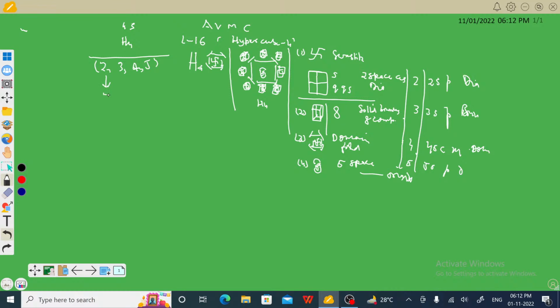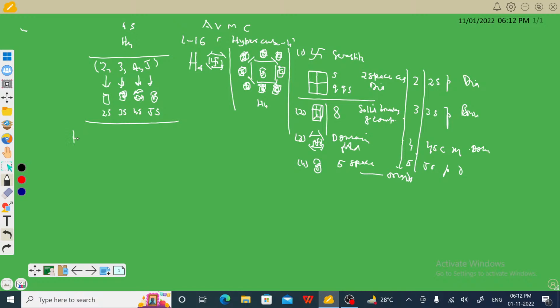This is a plane or a 2 space. It is a solid or 3 space. It is 4 space, and here is 5 space. So it is 3 space, 4 space, and 5 space. It's taken as that Hypercube 4